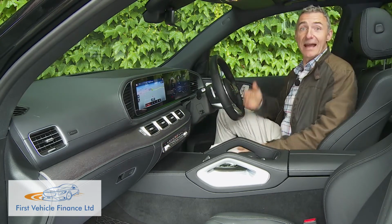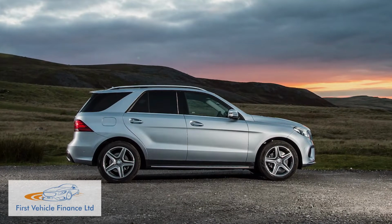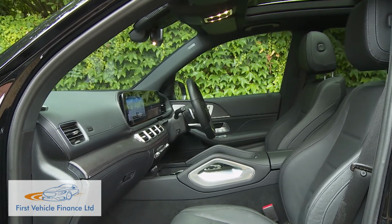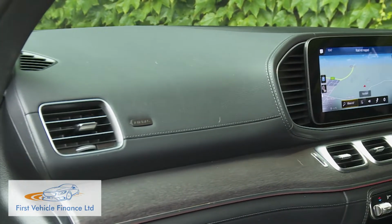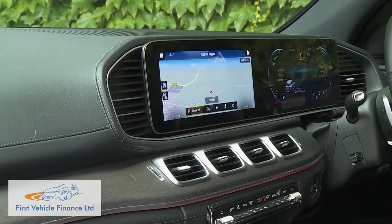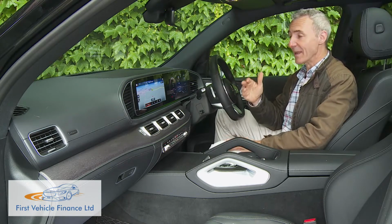In a word, yes. Now, in place of the rather haphazard cabin design that characterised the previous GLE, we instead served up an interior that, in our view, sets a fresh benchmark for quality and sophistication. Some features are, of course, familiar from other large Mercedes models, primarily this distinctive widescreen cockpit layout with its twin 12.3-inch virtual displays, which can be activated by the provided Hey Mercedes voice-activated functionality, and, of course,